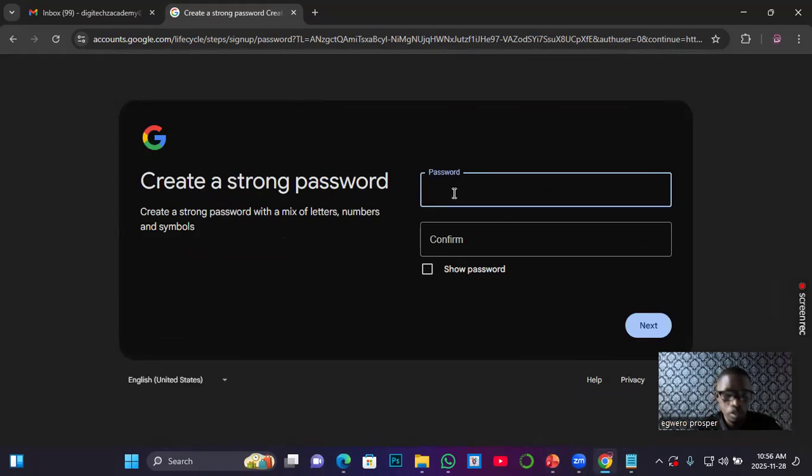So your password, what should be your password? Make sure that the password is strong but not too strong. What should I use? What will happen is that you come and enter the password, except if you just want to use it for practice. I don't want to disclose the password.